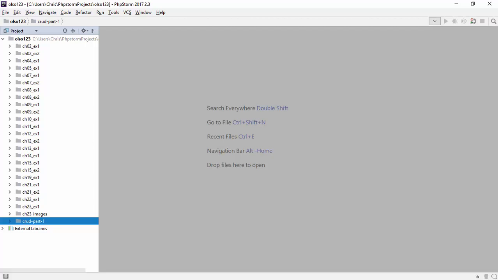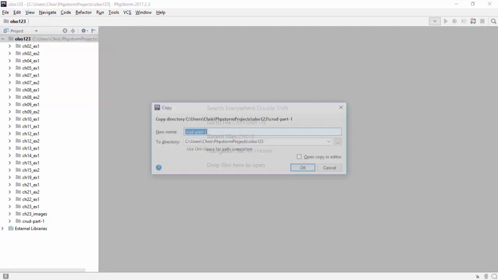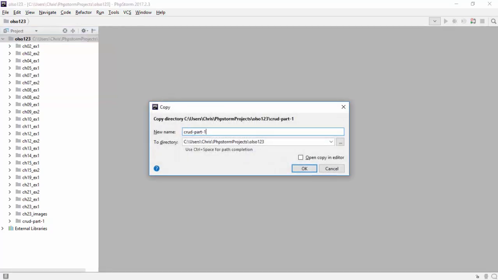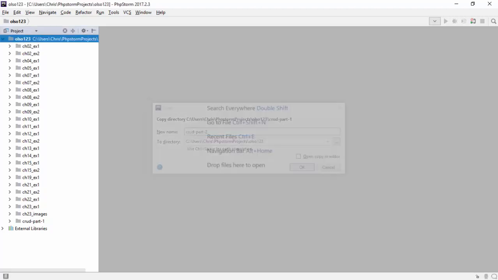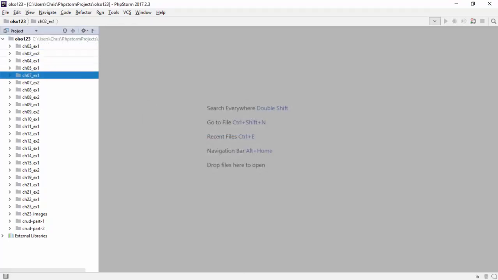I will open the project I've been working on and select the CRUD Part 1, press Ctrl C to copy. I'll go up to the project and press Ctrl V to paste, and I'll name it CRUD Part 2. Again, CRUD is an acronym for Create, Read, Update, and Delete. I will open the CRUD Part 2